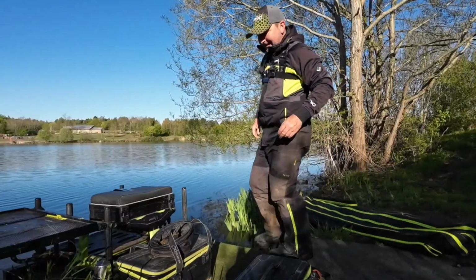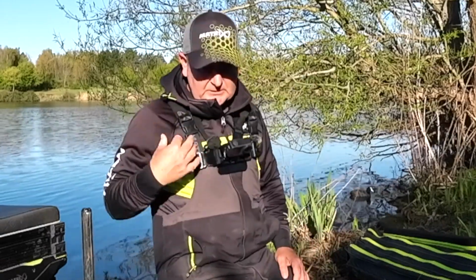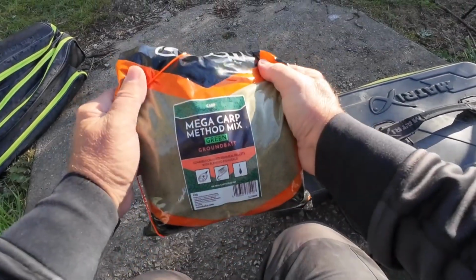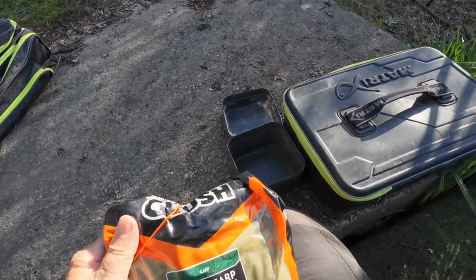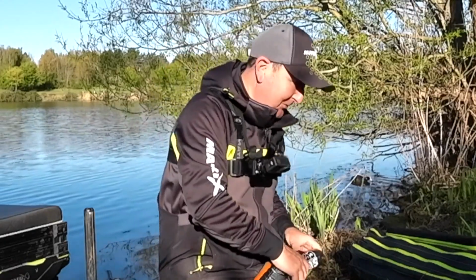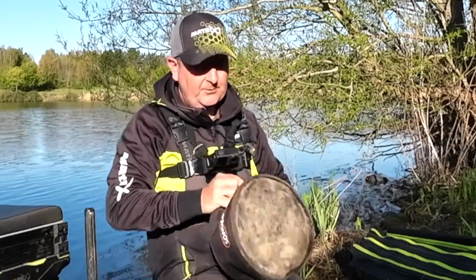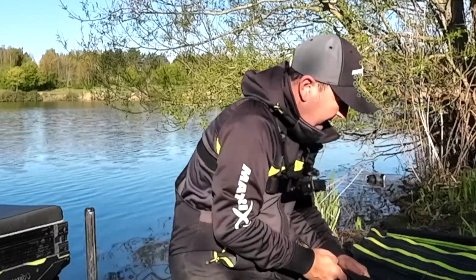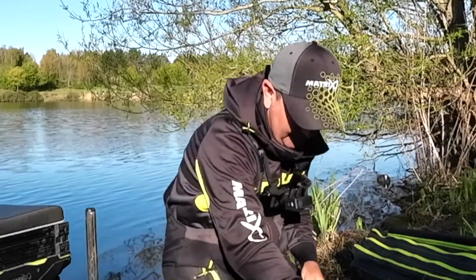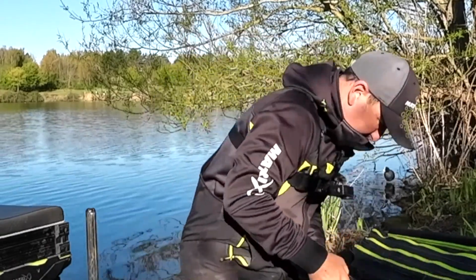Mix wise today I'm going to be using something a little bit unorthodox, something I haven't used certainly on this style of venue before, and that is the new Mega Carp method mix. Now you might think that's a strange decision based on what you may have seen me use on here before. When I've been on here before, it's really always been about the F1 mixers, when the fishing's hard. However, I just want to try this mix because firstly it's a new mix, secondly it is a method feeder mix, and thirdly it's got quite a lot of feed in it,